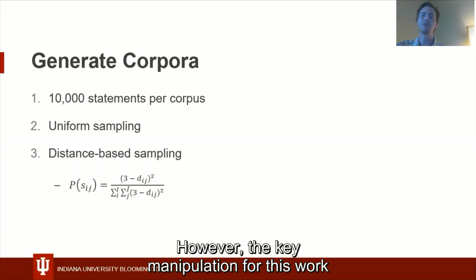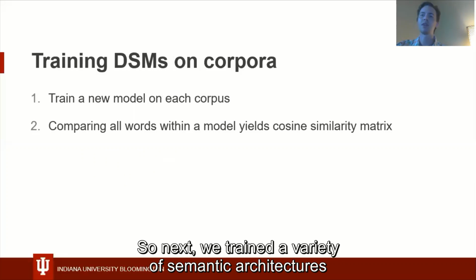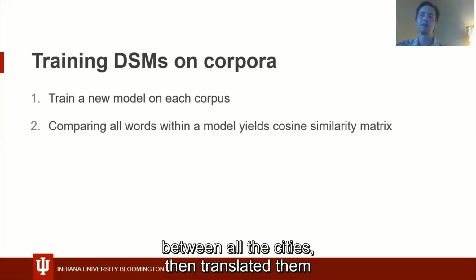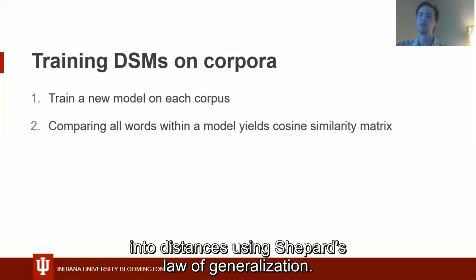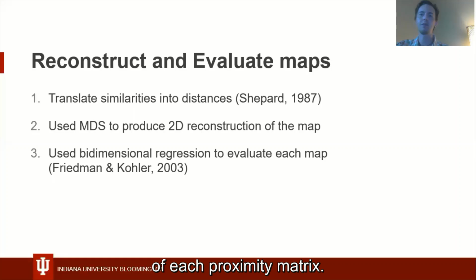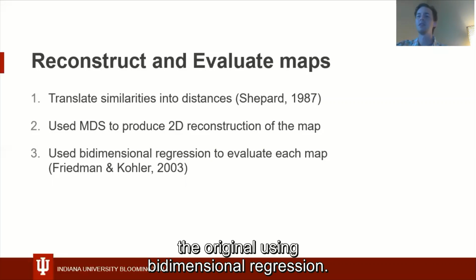However, the key manipulation for this work was the frequency of sampling. So next, we trained a variety of semantic architectures on each of the corpora. After training, we measured the cosine similarities between all the cities, then translated them into distances using Shepard's law of generalization. We then used multidimensional scaling to produce a 2-dimensional projection of each proximity matrix. And finally, at long last, we have the map reconstruction for the model, which we could evaluate against the original